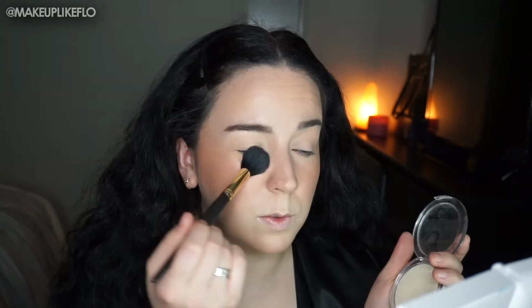Okay, so I did go with this under my eyes again, just to set it and blend it a little bit, or blend out that Charlotte Tilbury bronzer blush situation, because it was kind of too much, you know. So I want to do some